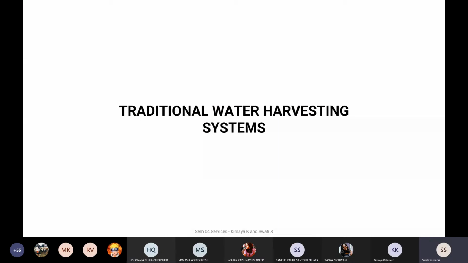So good afternoon, all. We're looking at the traditional water harvesting systems today. What we need to understand from what we look at today is that all of them are set in a certain context and a certain level of water that is available, and that's why each of these has been designed as a way of tapping that or using the excess that would be available in that particular context.